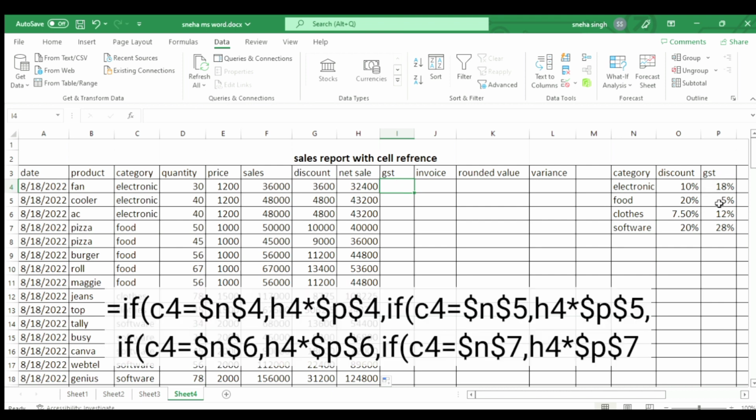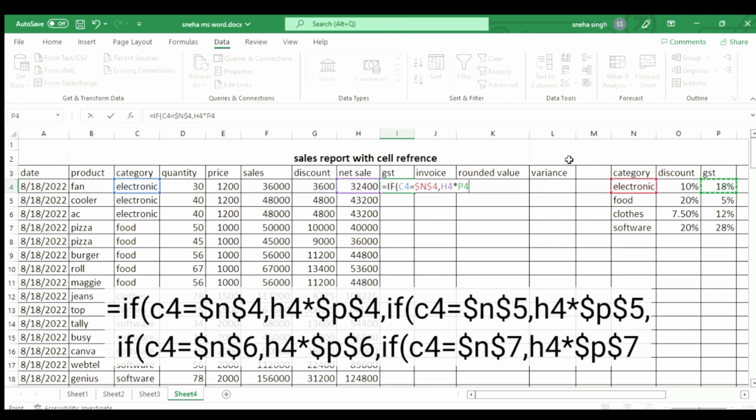So it will get filled. Now we are going to calculate the GST by the same process which we used in calculating discount. So just write equal to, press F, write IF, select tab and then select category again and then freeze it. Keep in mind that for freezing, you have to freeze everything. Don't think I have to freeze only category. No, you have to freeze all the things.